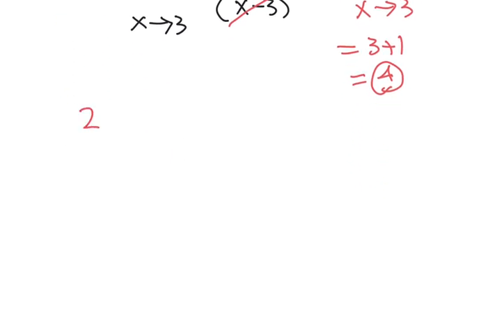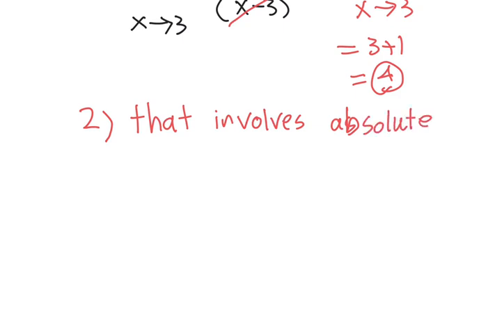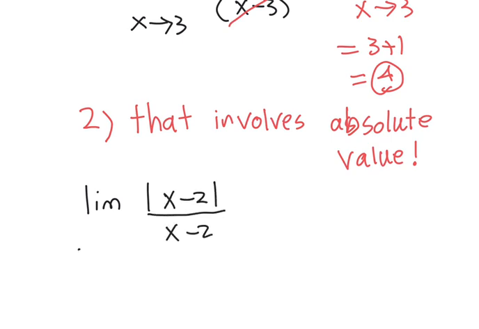Let's see example number 2. If you have any limit that involves an absolute value function, how can we solve this kind of limit? For absolute value limits, it is good to write your absolute value function as a piecewise function. Let's see the example. Limit of absolute value of x minus 2 over x minus 2 as x goes to